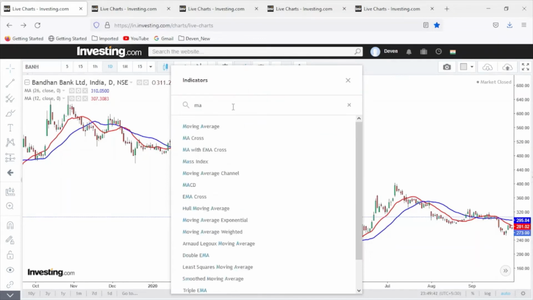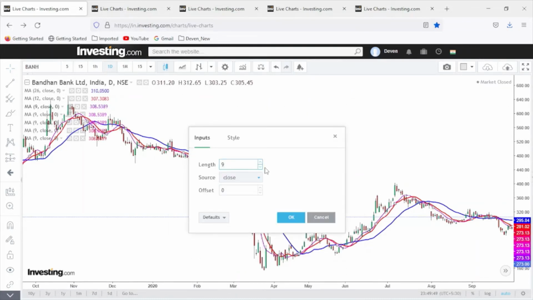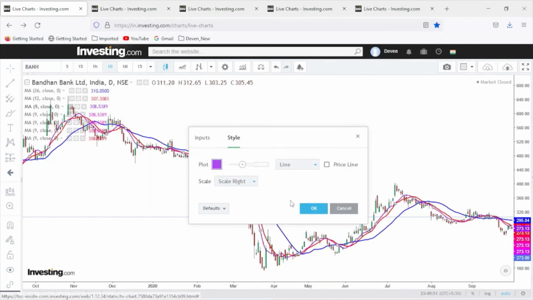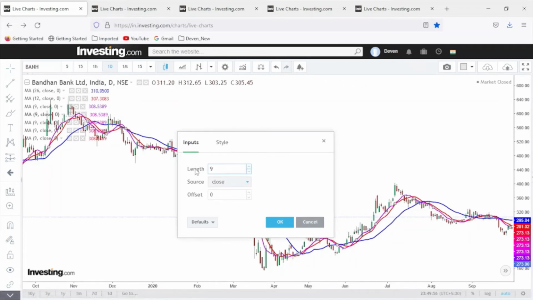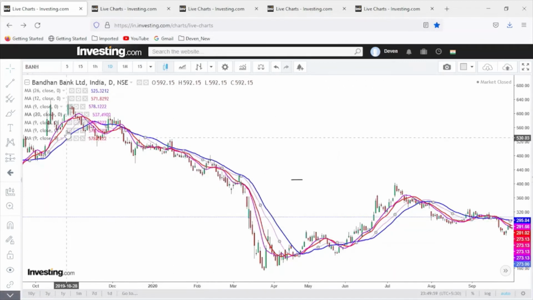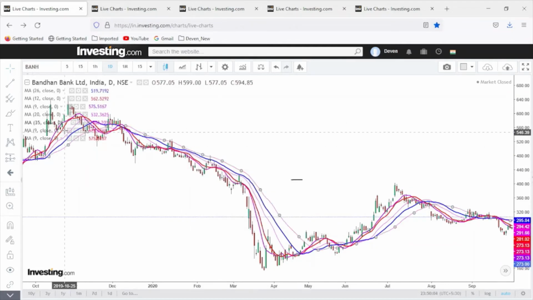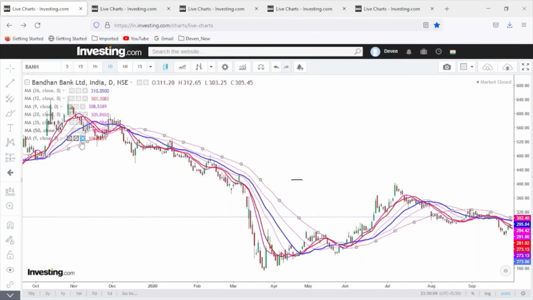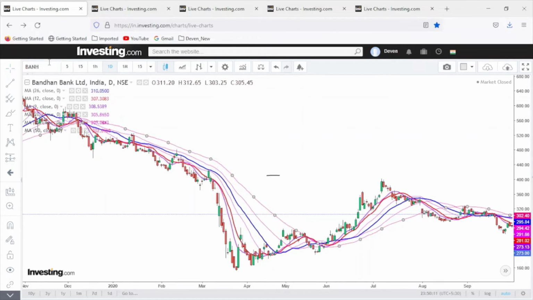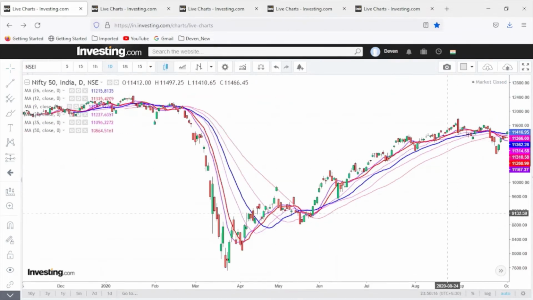Now in a golden crossover we add more moving averages. Like we have added 9, then we'll keep on adding. Now 12, 26, I'll put 20. So anything below 50 I'll just keep on adding, say 35 or maybe 50. I think that's enough. So in this case we'll just see the Nifty 50 chart, which is the Nifty index.